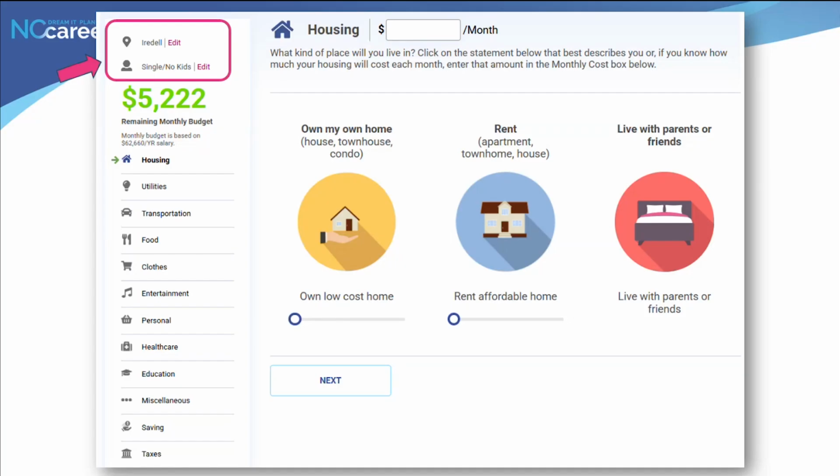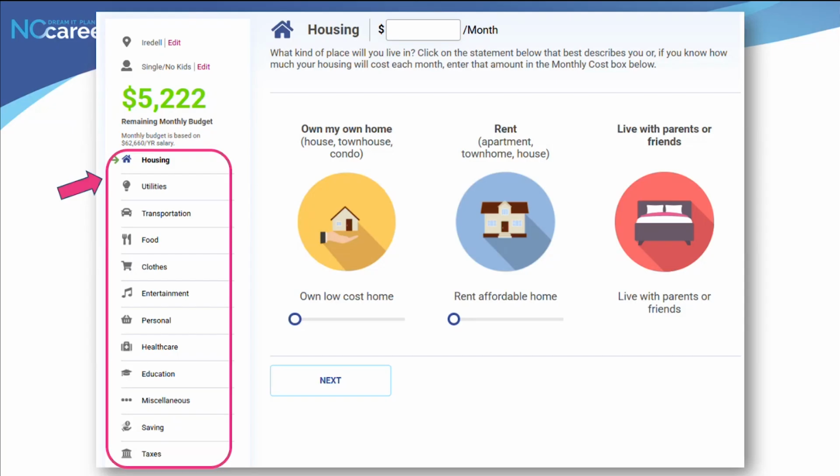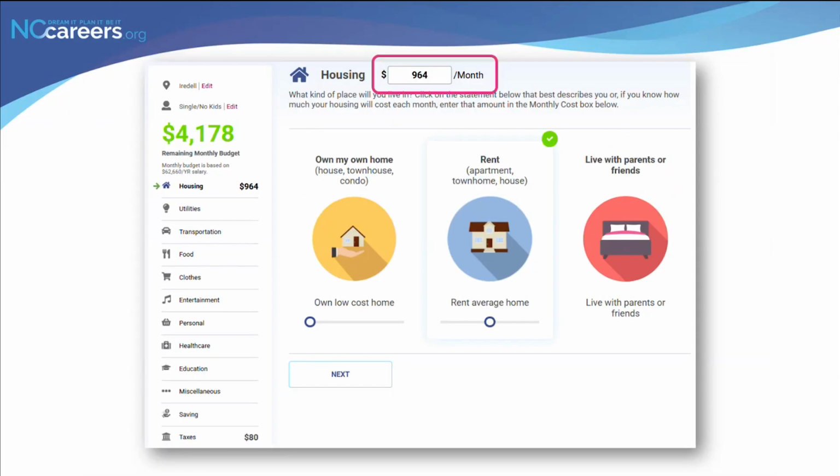From there, she can fill out her anticipated monthly expenses, so we get an idea of what her remaining monthly budget is based on her yearly salary. She can fill out expenses across various categories like housing, utilities, food, clothing, transportation, and more. So, just some quick shots of the tool.